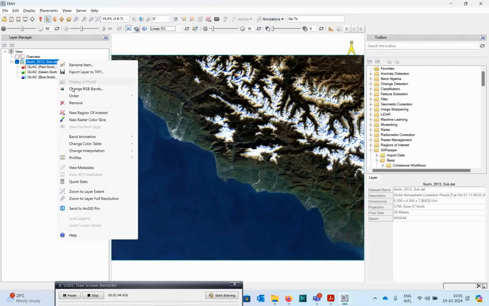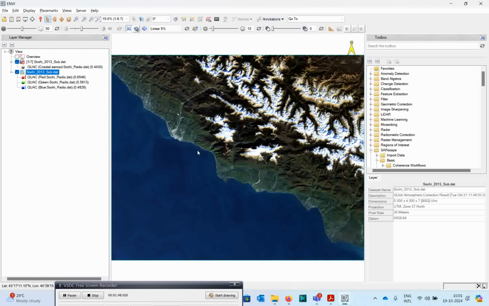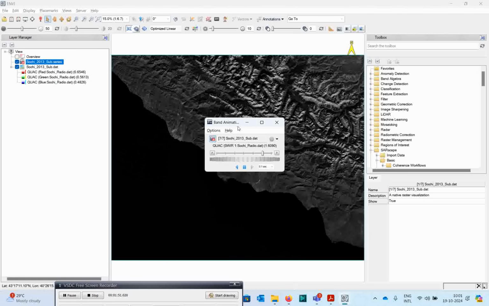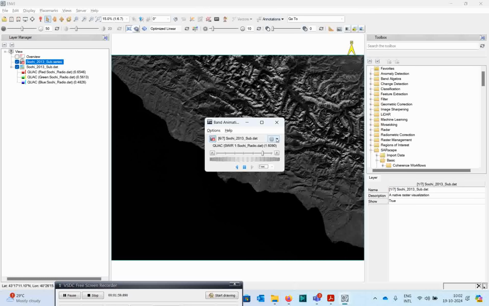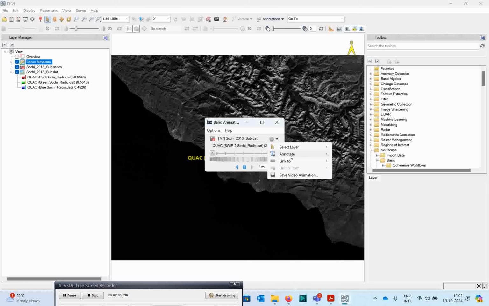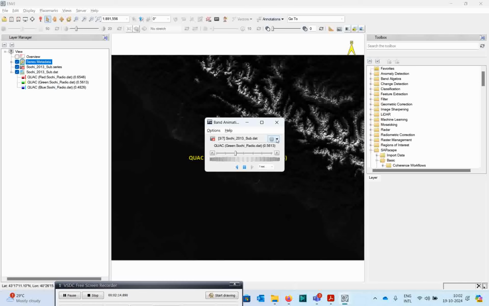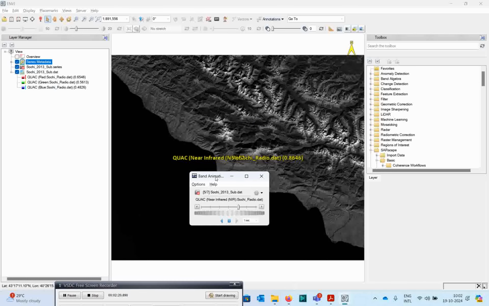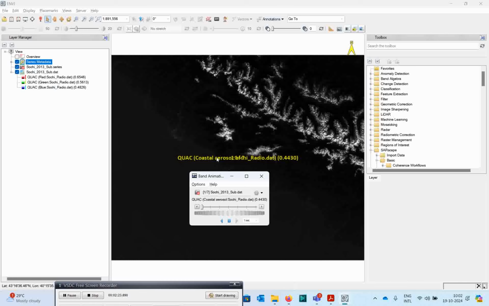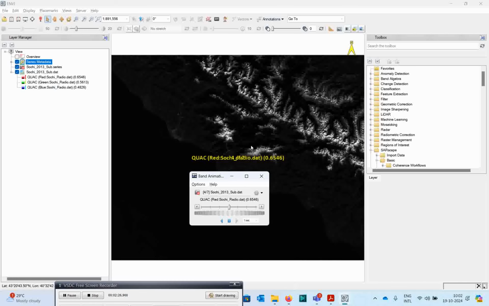Here if you see, the band animation tool will be there. If you want to see the band animations, come to this, and in the time you can increase the time and then try to understand which band is sensitive to extract the snow cover. So I can give the band name, the frame name like that. This will be the annotation. Frame number will be fine. Okay, shortwave infrared. If you see here which band is sensitive to capture this information,